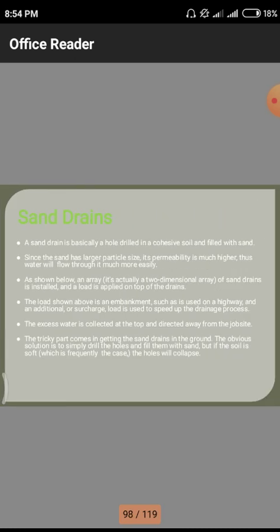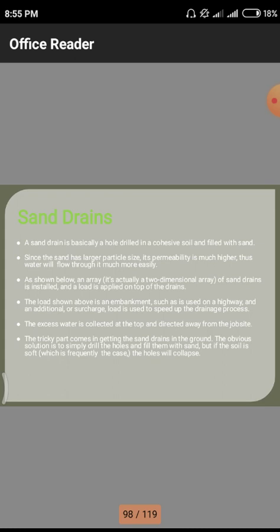Next one, up to now we have been using preloading techniques and vertical drains. After that, we are using sand drains. Normally, a drain means a particular slope is employed on the soil strata. To drain means removing whatever water is present on the field, so drains are used for the removal of water. But in the case of sand drains, sand has a property of bulking and absorbing surrounding water, so this sand is used in the drains for rapid removal of water.